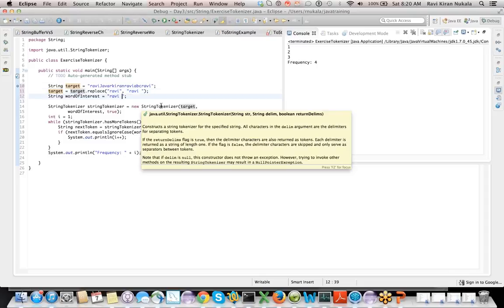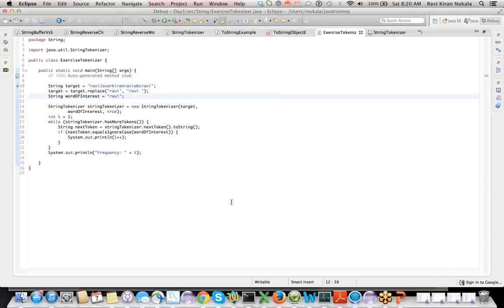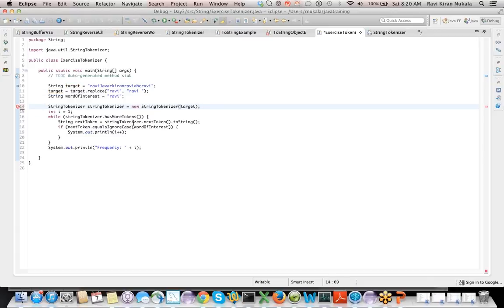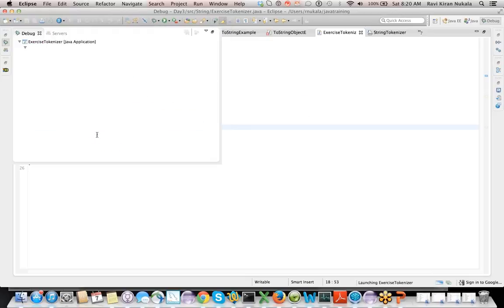So that way, even if I'm looking at just Ravi, it's going to give me a value, because the target string has a space, so I will not specify any other delimiter here. Now it's automatically going to give me all the words within it, and each of the words I'm anyways comparing with my target string, right? My word of interest. So okay, let me show you guys what I'm speaking.